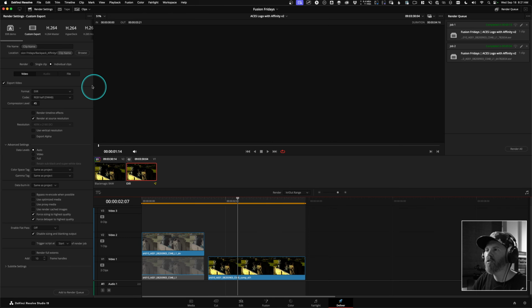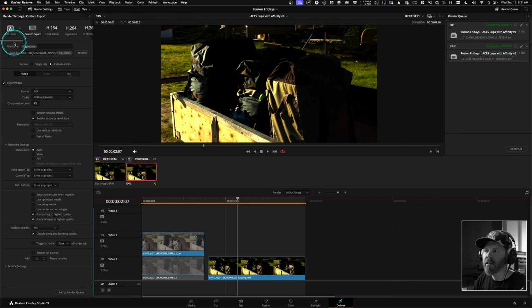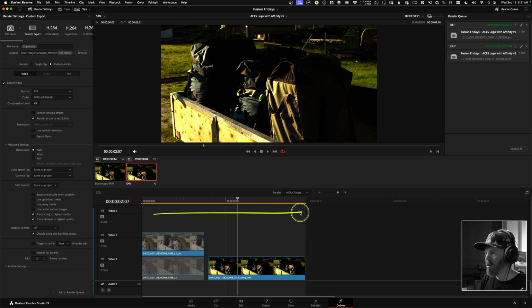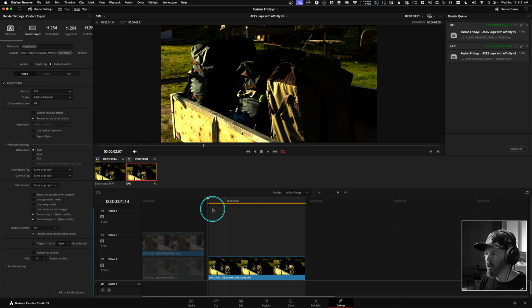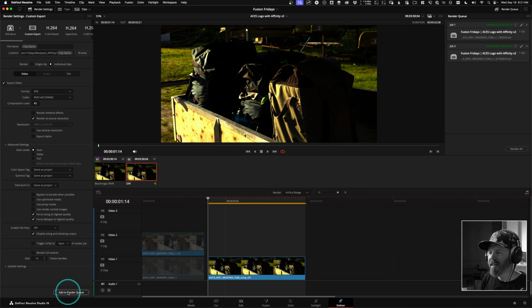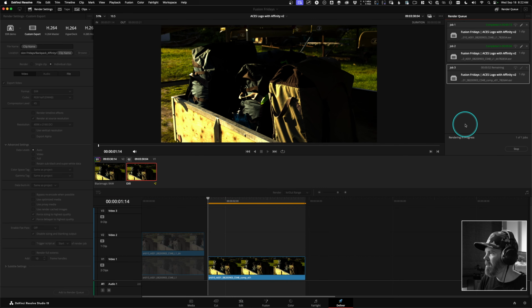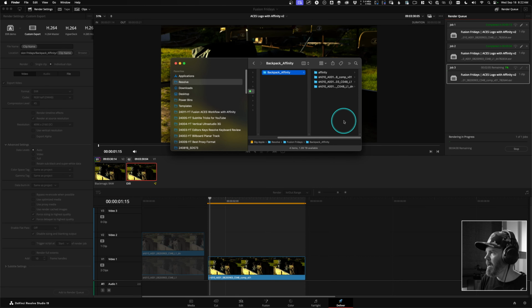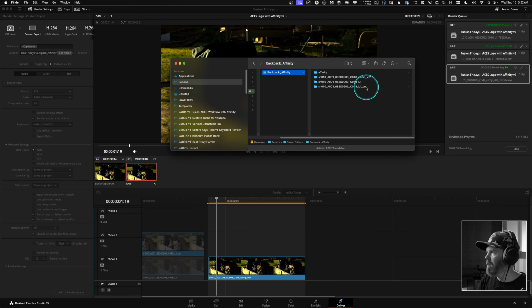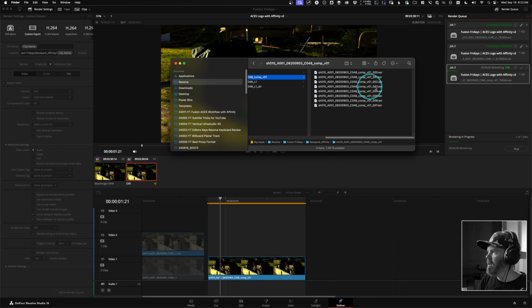So when you go to the deliver page, you can use your EXR preset that you had made, the DWA half setting. We'll say add to render queue. Actually, don't hit add to render queue next. Pay attention right here. Our in and out points are selecting multiple clips. And if I just want to render this one, mark it in on the timeline, so it'll restrict it to that area. Add to render queue, render, and it automatically creates a folder on disk called comp1,